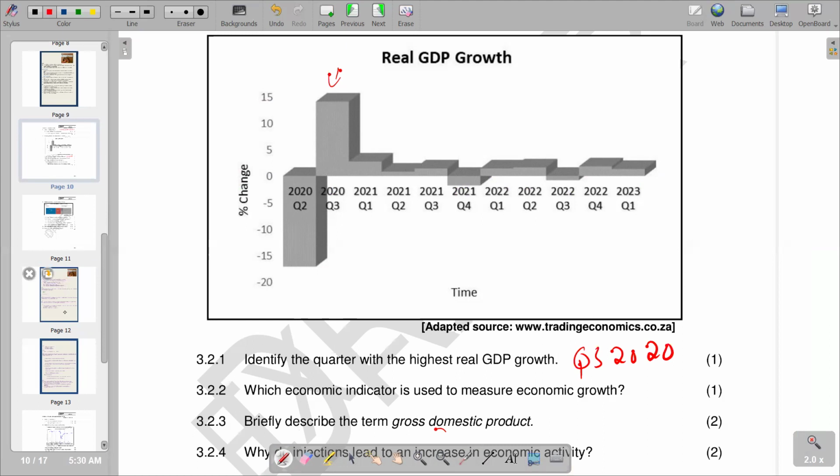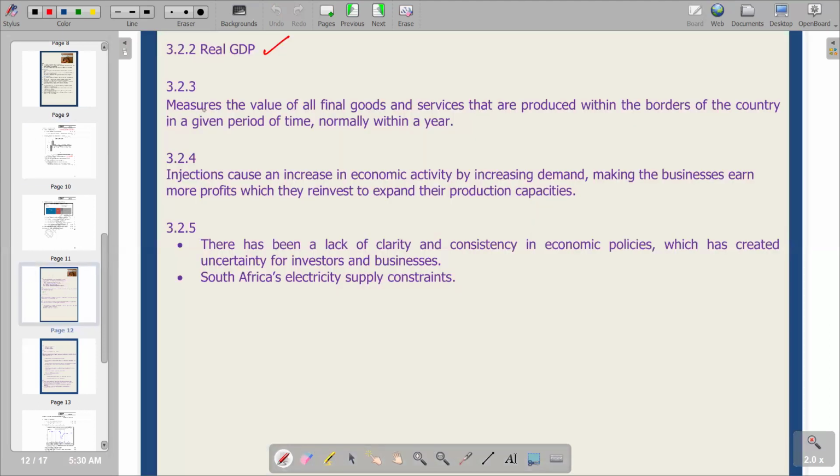So we try to see, in terms of the explanation that we have, which says it measures the value of the offering of goods and services that are produced within the borders of the country in a given period of time, normally within a year. So the key point there is that it is measured within a period of 1 year, usually 1 year, and it is produced within the borders of the country. That's very important to take note of, which differentiates it from a